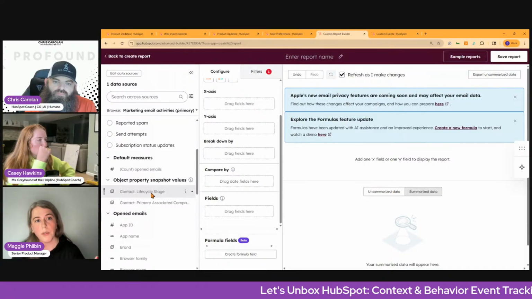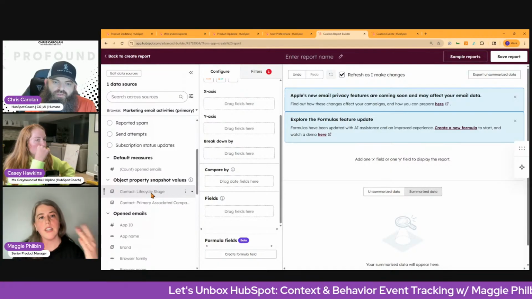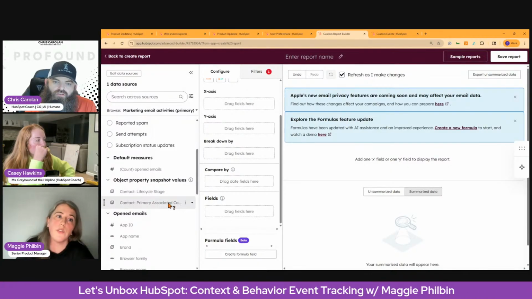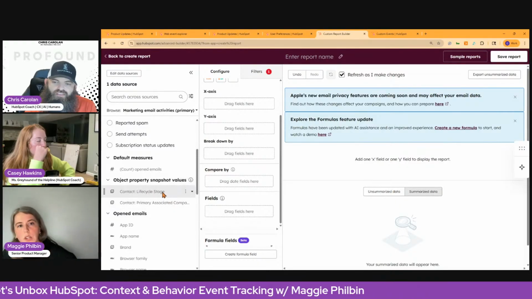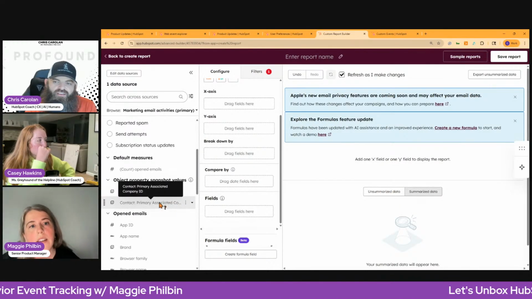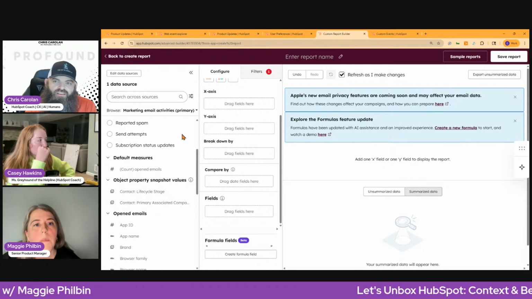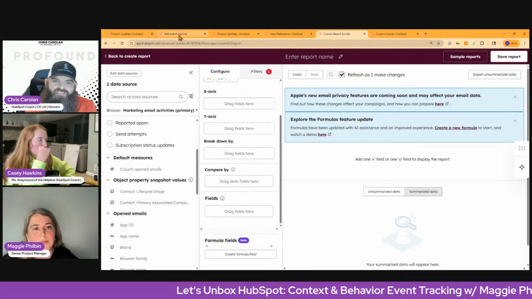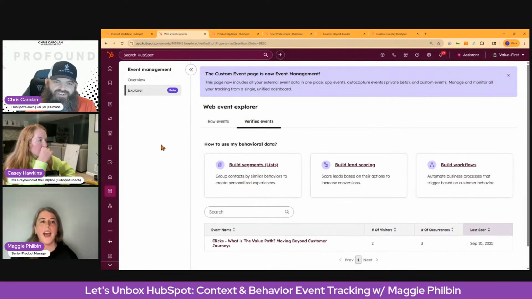So you're looking at email opens right now. And so this is the lifecycle stage at the time the event occurred. So I don't know if you have email data on this account, but if you want to build a really quick report, you can grab count of email opens and toss that in the y-axis. Okay, let me go into a different account that has email opens.